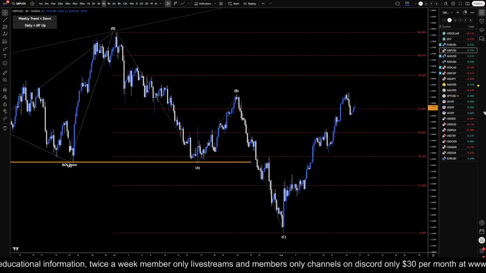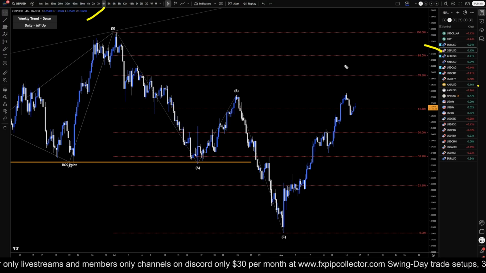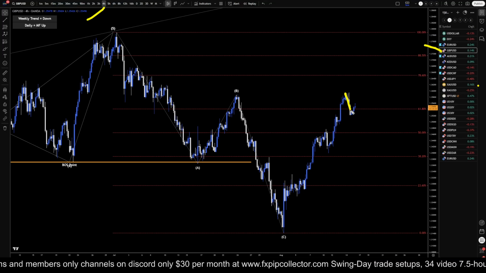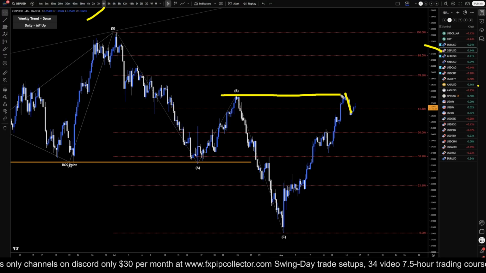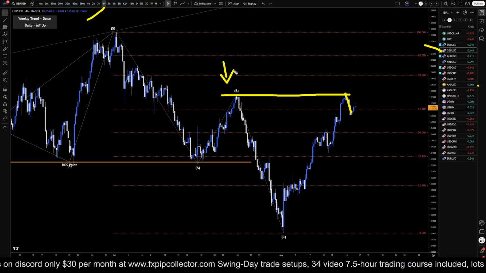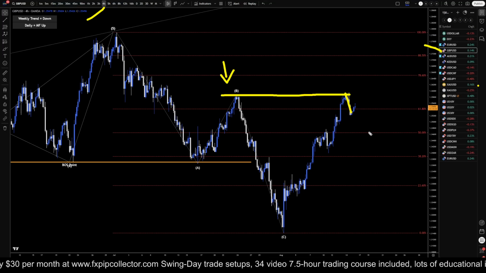Today is Friday, August 15th, and this is my analysis for the pound US dollar, and we are on the 4-hour time frame. So on the 4-hour time frame, we did get a little bit of a turn right here, and this is obviously an area of resistance back here because of the top of this wave B. So it's not surprising that we have a little bit of a push down, but we do not have a